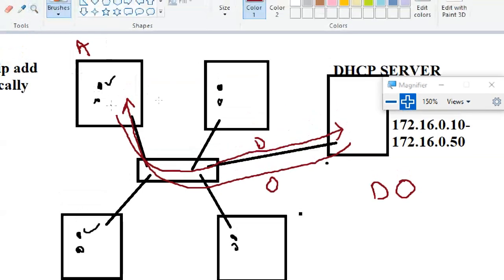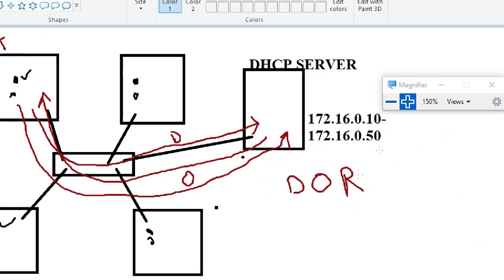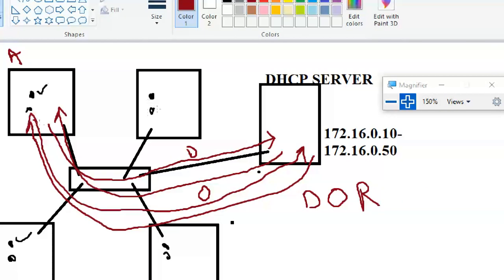The DHCP client takes the offer and sends a request again. It requests the DHCP server, yes, I want the IP address, and it gives an IP address to the client with the other details. Okay.